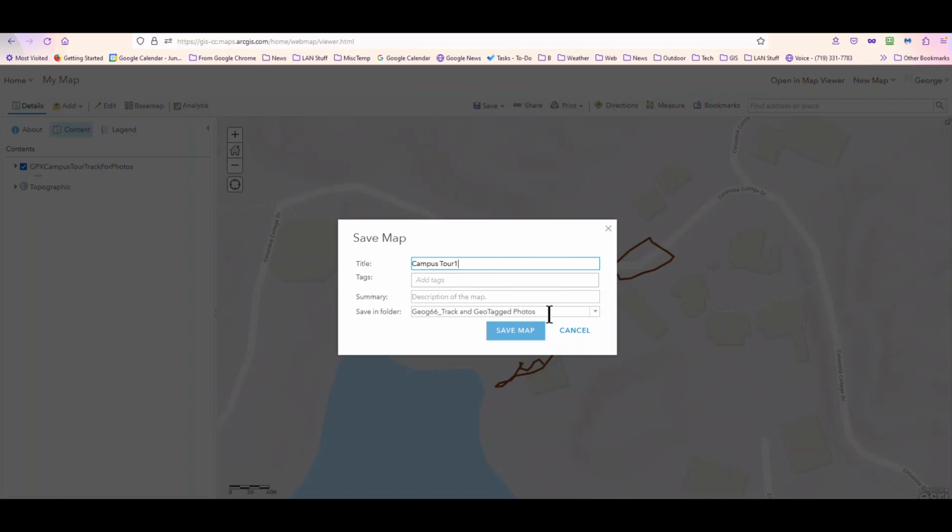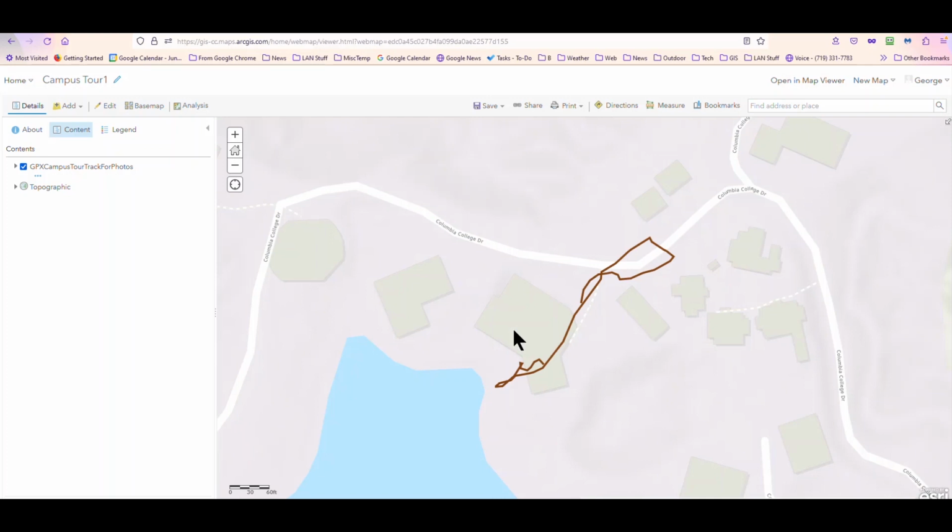And we want it to go into our track and geotagged photos folder. I created a whole new folder just for this and save it. Okay, now we're going to get into the work. It's the GPX file into the new viewer,